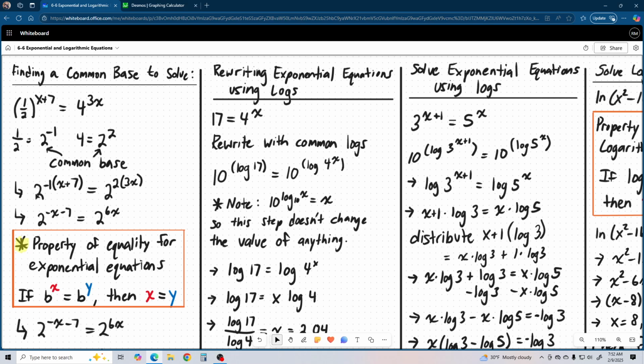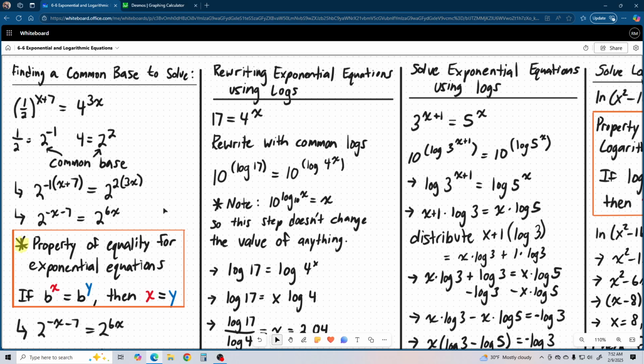Then what you'll get is 2 to the negative 1 to the x plus 7, and then 2 squared to the 3x. Now, if I distribute this negative 1, I get 2 to the negative x minus 7 and 2 to the 6x. And now you'll notice that both of these pieces have the same base. So according to our property of equality for exponential equations, we know that negative x minus 7 has to equal